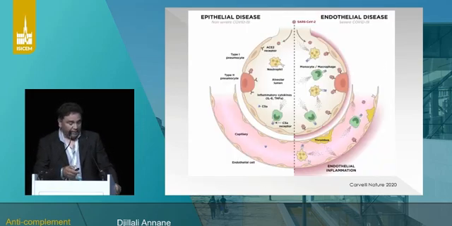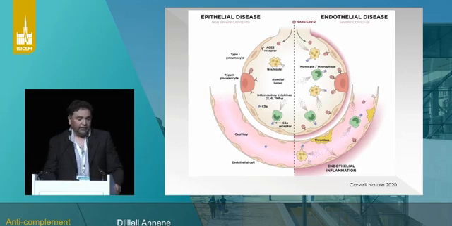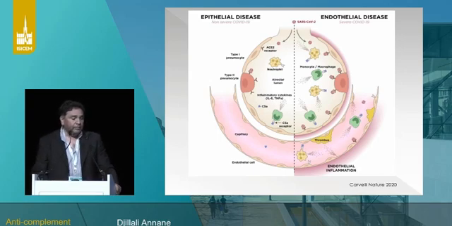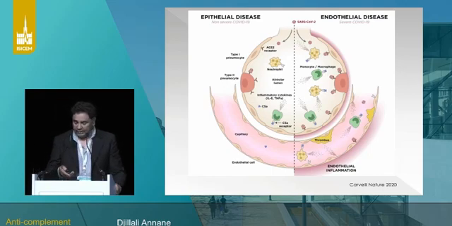So basically, one assumption is that complement activation might be a key factor in the transition from a non-severe COVID disease to a severe COVID disease. So by intervening and modulating the complement activation, one may assume preventing the progression to severe disease and eventually to